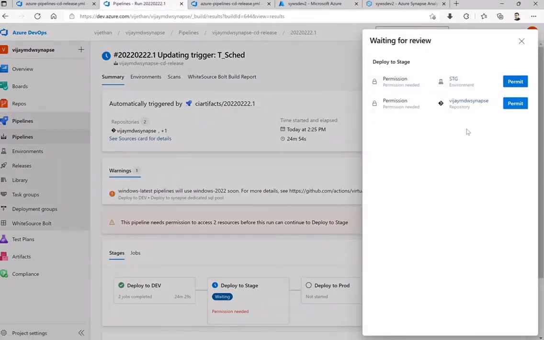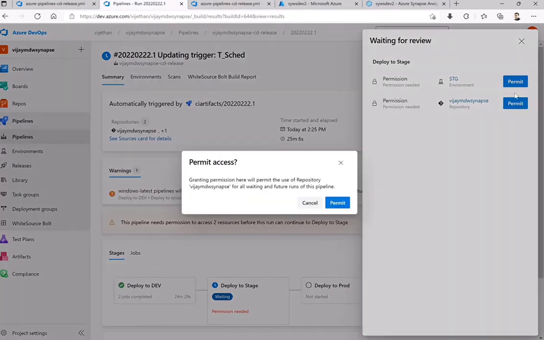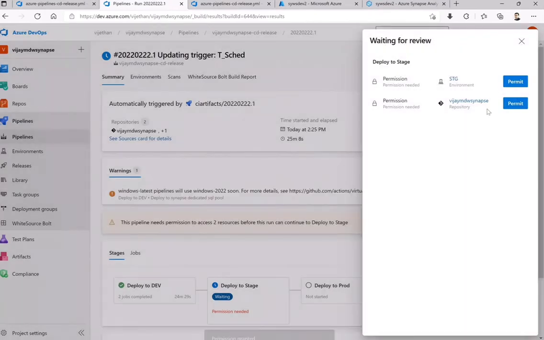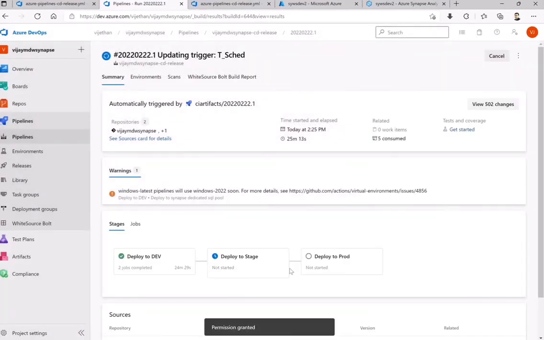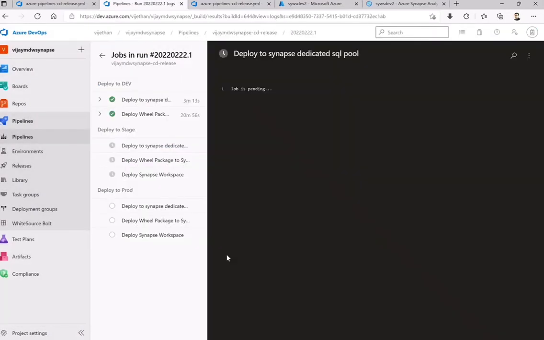Now, if you see, previously it only had one, that is it runs that environment. But here I have to permit the repository as well, because now I'm providing a different branch, which is nothing but the workspace publish branch. Okay, so once I give the permission on that particular environment, it now proceeds to the deployment of that particular artifact for us.